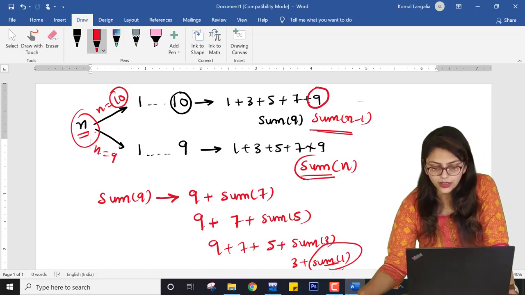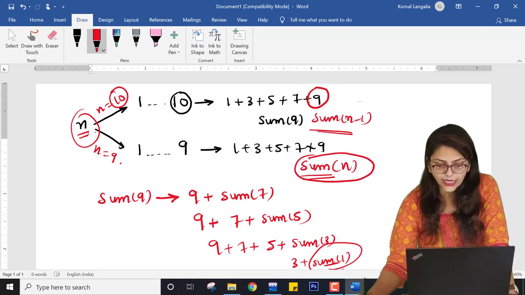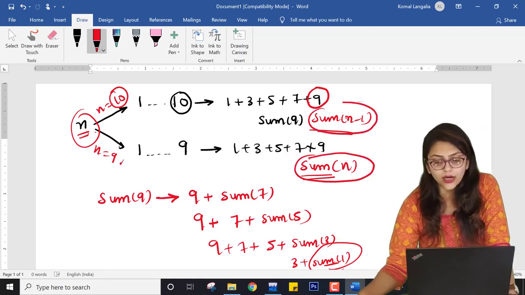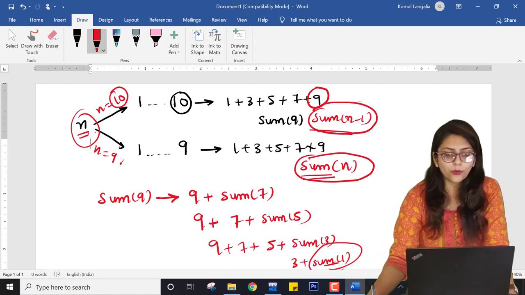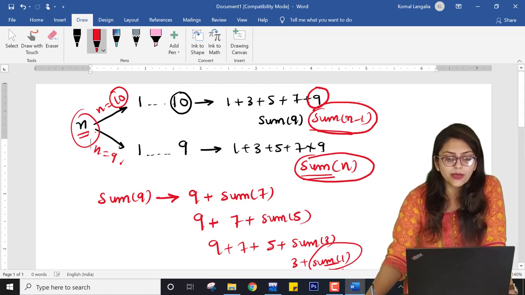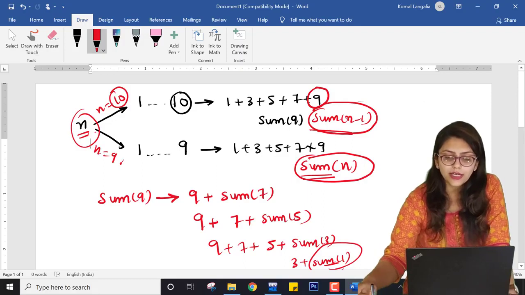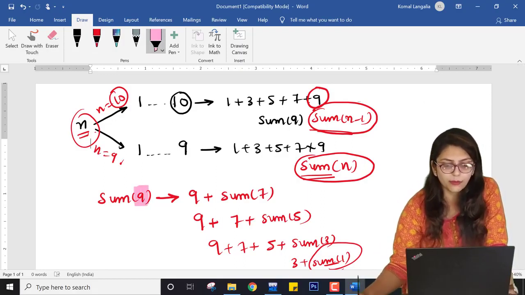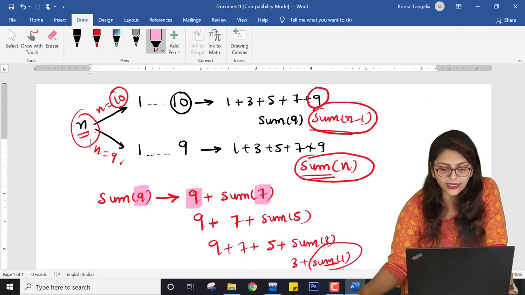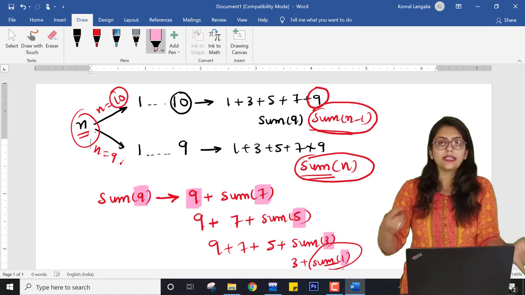Similarly for this, here the value of n was 9. Here the value of n minus 1 is calculated, and that's why I have used n minus 1. I hope you guys are understanding this logic, because at the end it will be a number in these brackets, right? So at the end it is all about this number. This number matters, not n minus 1. So here I can see this number, and how I can get this number.